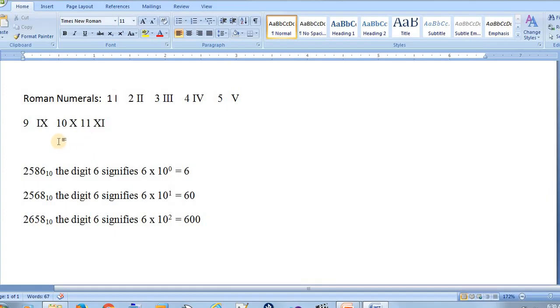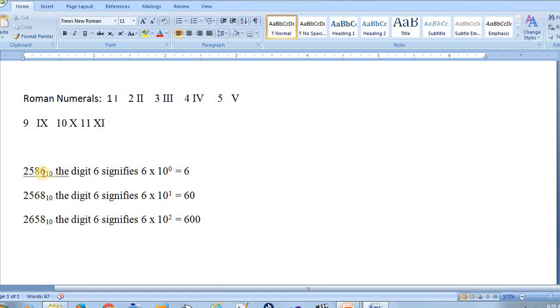Depending on that, we can get the value of each digit. Now quickly understand the major difference between the non-positional numbers and the positional numbers. In case of non-positional numbers, I have written here 9, 10 and 11 using the Roman representation. In the case of 9, I is placed before X, and in case of 11, I is placed after X, but the value of this I is going to remain the same. X is 10. If I want to write 9, I will put I before X. When I want to write 11, I will put I after the 10. So the value of this I is not going to change.